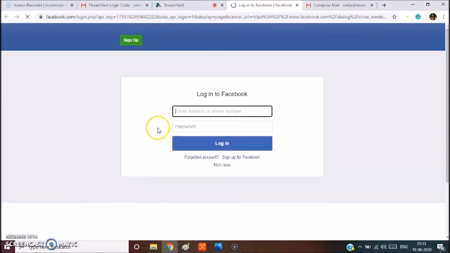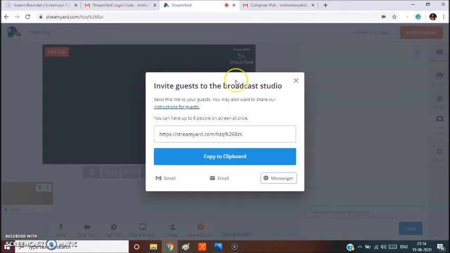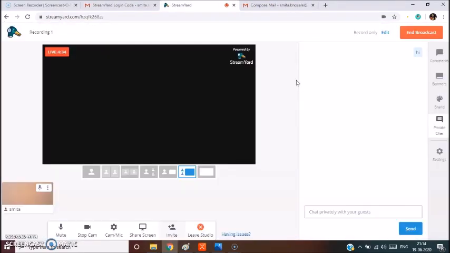So this is how it will take me to Facebook Messenger through which you can also send the invitation. So this is how you can use the live streaming studio provided by StreamYard.